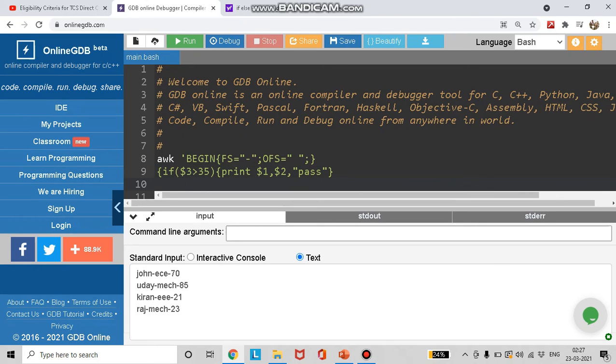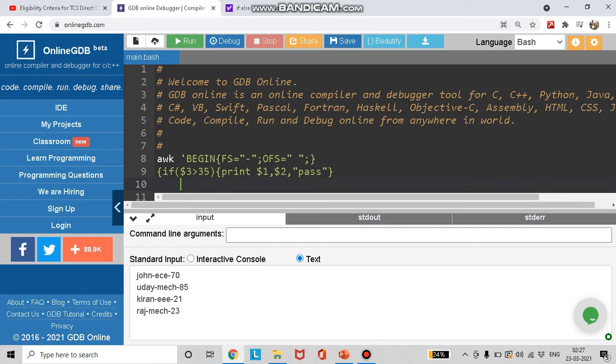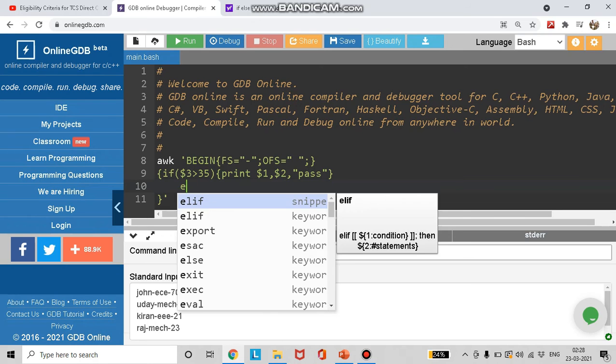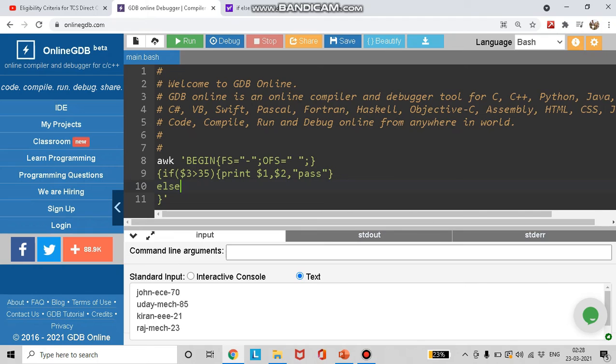But what about my else condition? What if the person has scored less than 35, like Kiran and Raj? They have scored less than 35, right? For them, I need to write the else condition. So I will type else, and open the brackets for the code under the else condition. Over here I will type print $1, $2, fail.